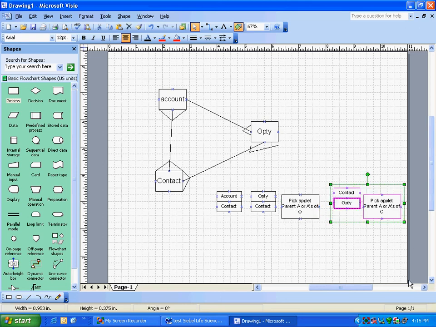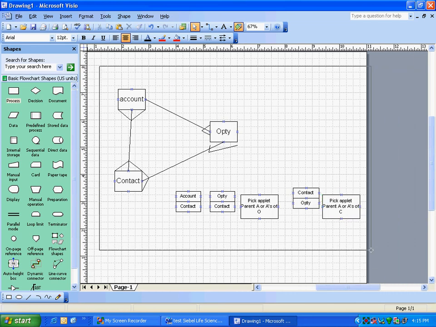And for this one, you guys have been saying the parent A of C, that is, the parent account of the contact in this pick applet. The opportunities should be filtered by the parent account of the parent contact of the contact. Accounts. So this is what you have been saying. Had you simply thought parent account or accounts of the contact, you would have probably reached the right answer. Okay. So this is the best I can think of at this point.